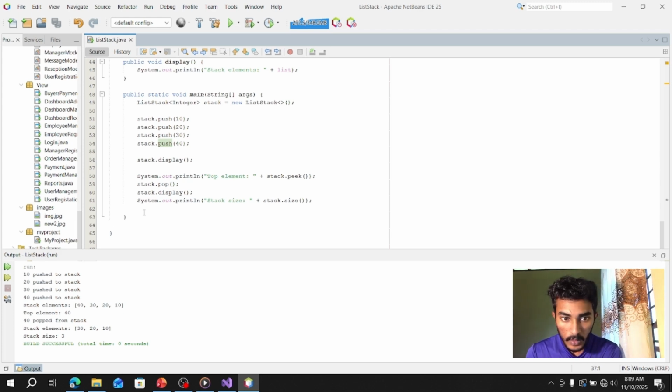So finally the stack size after removing 40 is 3.